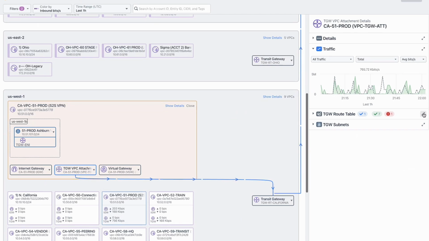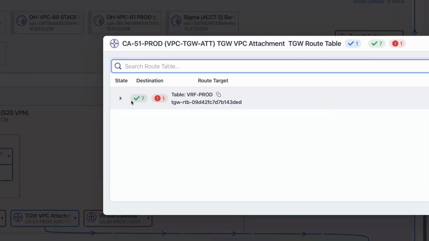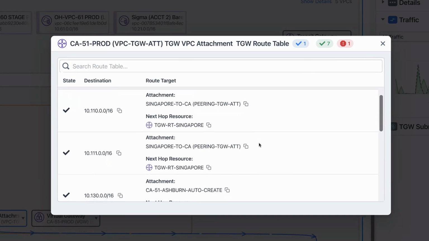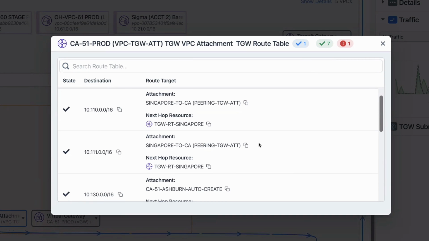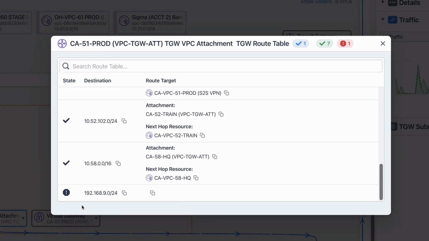All right, so what I was starting to say is we get the transit gateway routing table. Via the API, we pull that information and enrich the flow data with that. So I can dig in and take a look at the routing table on this transit gateway. I can see a number of different prefixes that I have set to route to various places through the transit gateway, out to various different attachment points. Most of these look pretty good, but sure enough, if I come down here, I have one that has an exclamation point by it, which is the subnet that the user called to tell me about, which is the